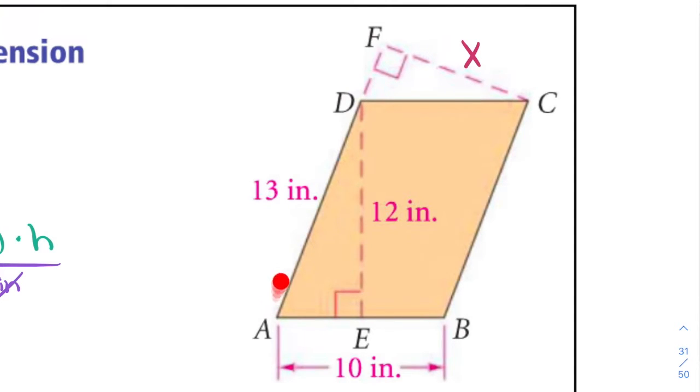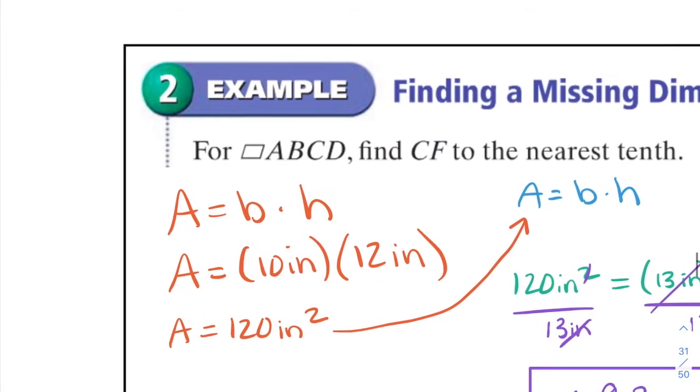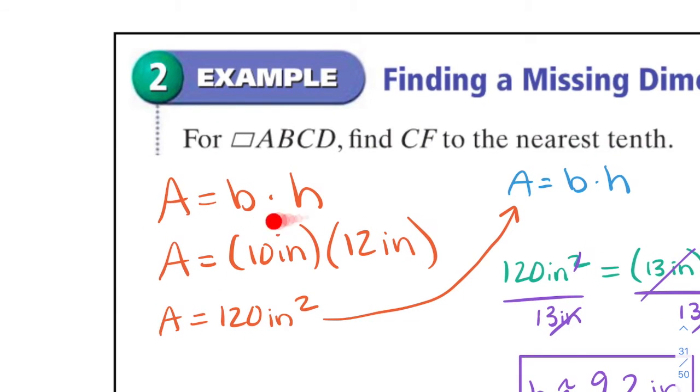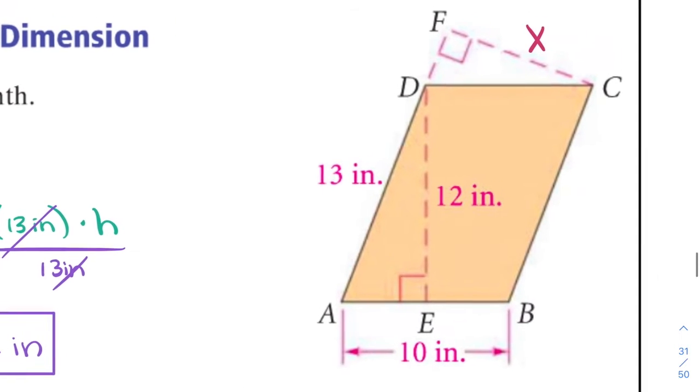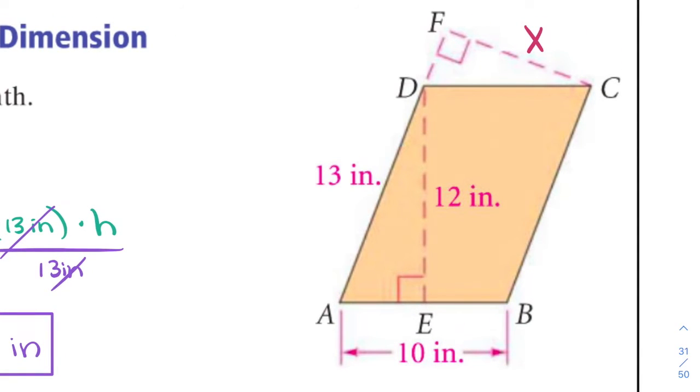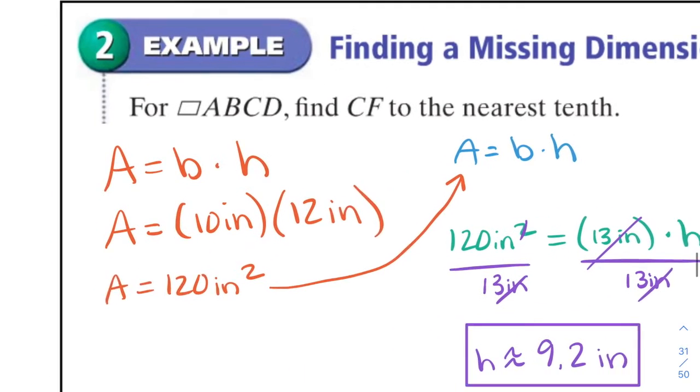I also have a base here, AD, and a height here, FC. The height here is an altitude, the height here is an altitude. So what I did was I just multiplied my base and my height to find what my area was. So area is base times height. So here's your base, 10 inches, times your height, 12 inches, and that ends up being a total of 120